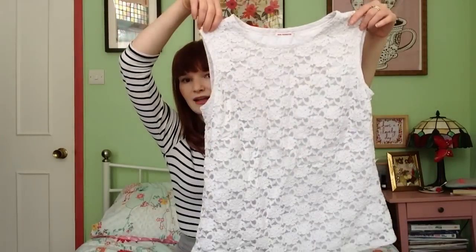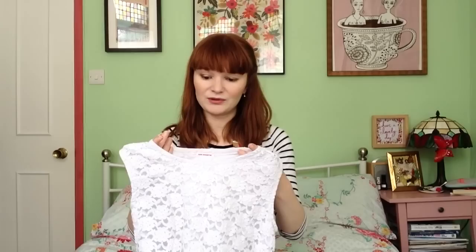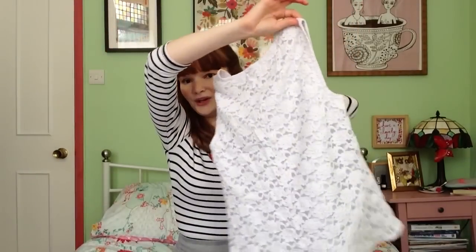But this, I just shortened the pattern into a top, and I made it out of this nice lace which I lined. But super simple. You could just bind the armholes, you could just make this in a plain crisp cotton. This one has the little opening at the front, I left that out, so it's literally a front, a back and 2 darts. But a good place to start learning darts. There's no zips, no buttons, no fastenings, and if you want to see that pattern as a dress,